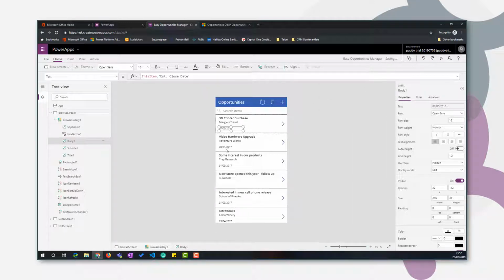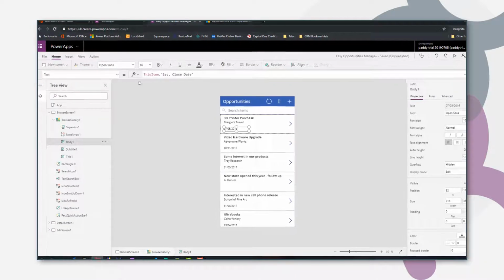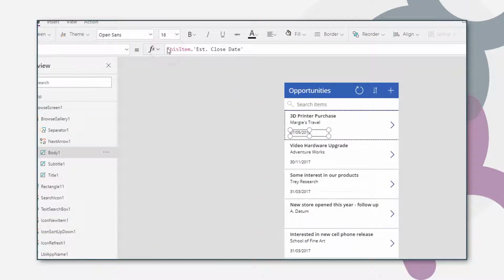Although it is just kind of floating about here on its own, I could add a label to say what the field is, but rather than add a label, I'm just going to amend this text property to have some text at the start of it. So the text I'm going to have is a quick description of the field, so est close date,